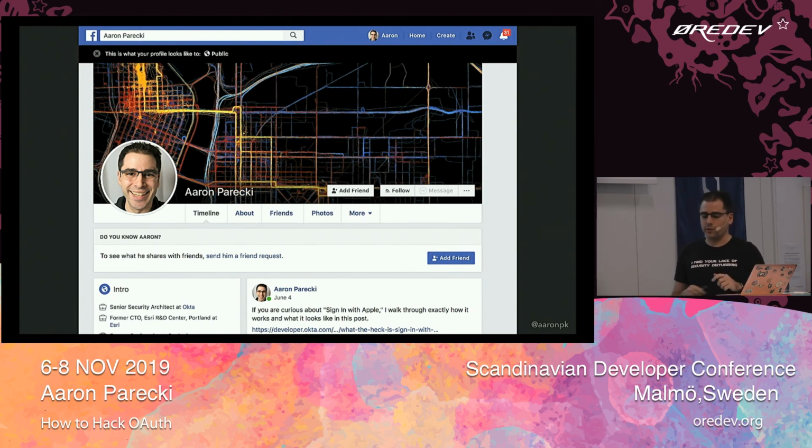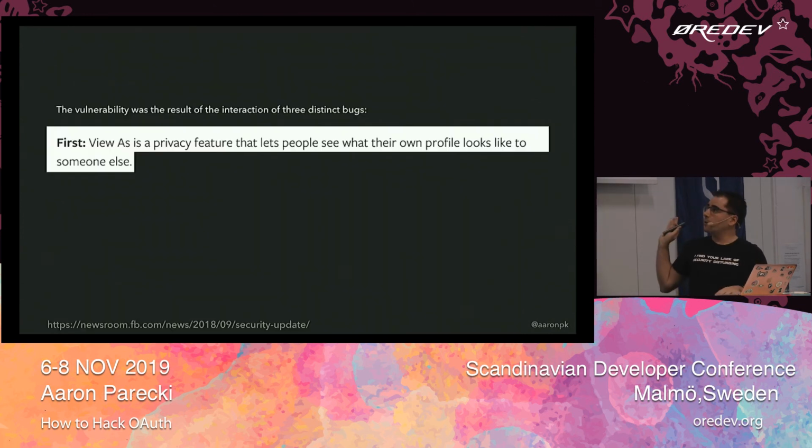So that's a great feature. That's cool. More companies should do this. This is a very useful thing. So when this happened, that View As feature let you actually go and choose another person who could view